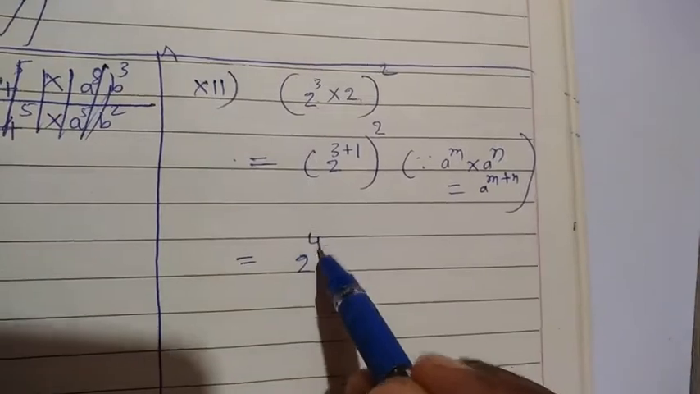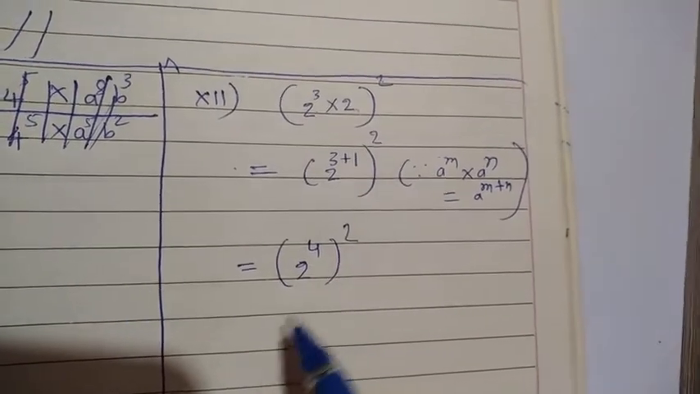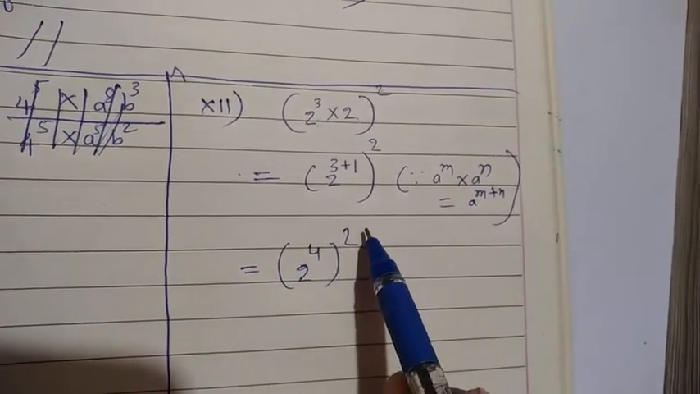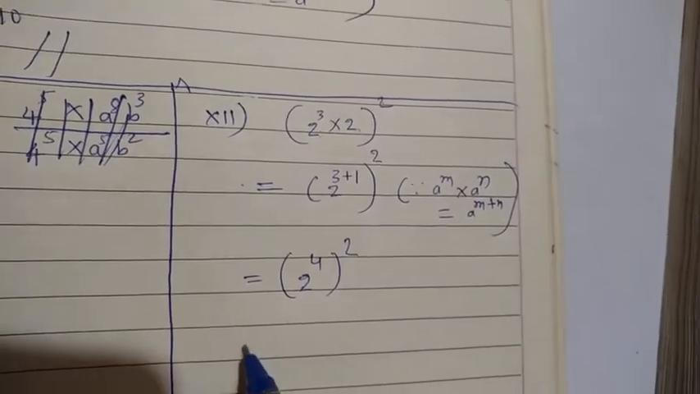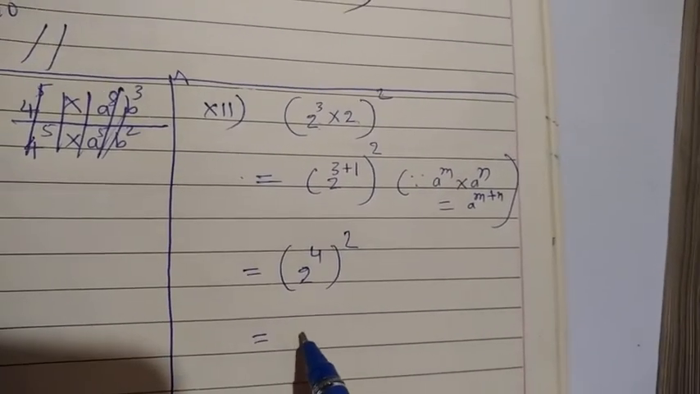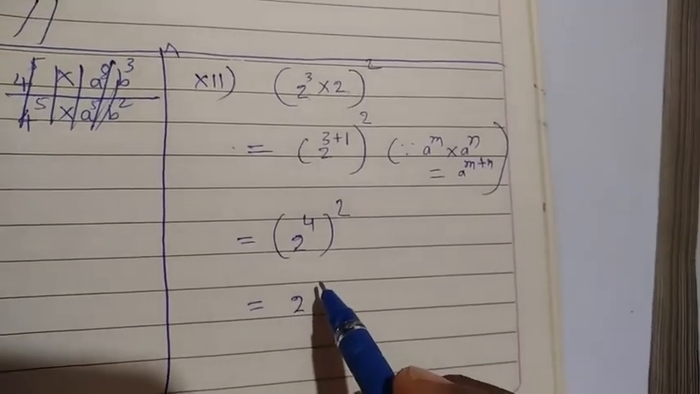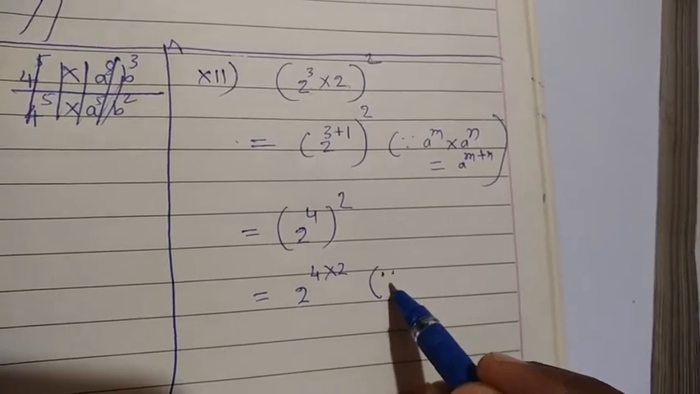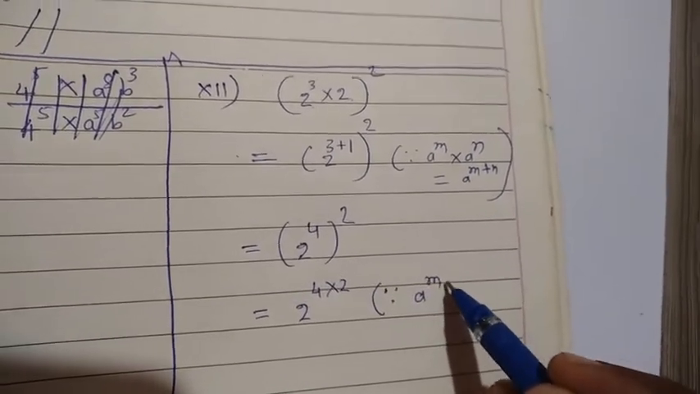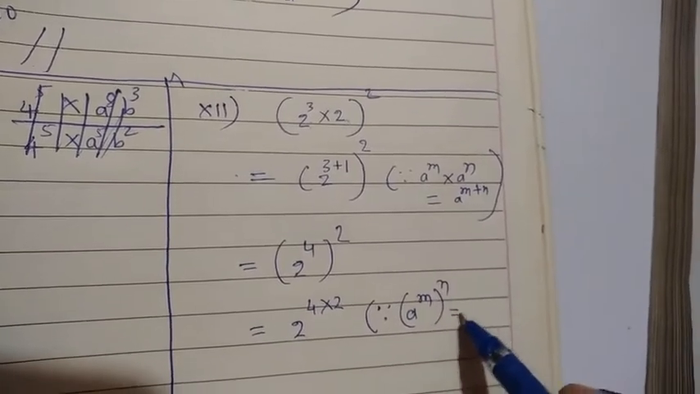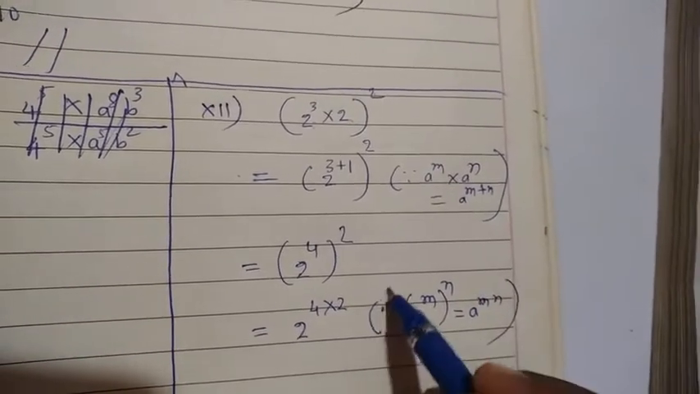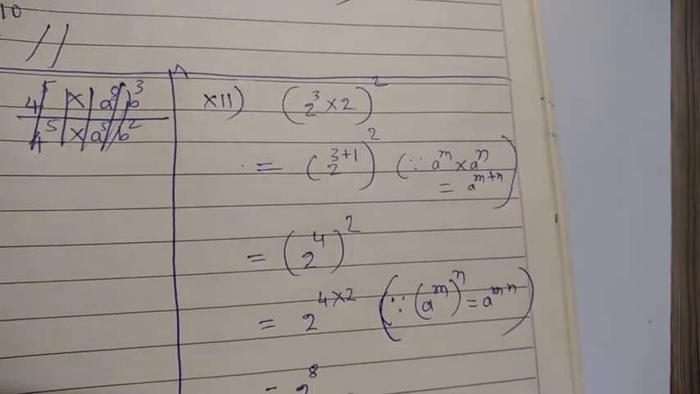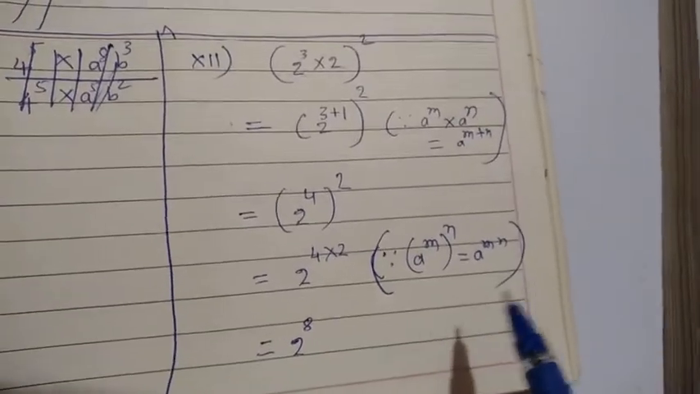So we have 2 raised to 4, bracket raised to 2. Again here we have to use another law, that is a raised to m, bracket raised to n, is equal to a raised to mn, m into n. So here 2 raised to 4 into 2. Here we again write the reason: because a raised to m bracket raised to n is equal to a raised to mn. Next, how much does the answer come to? 2 raised to 8. So this is the solution for the